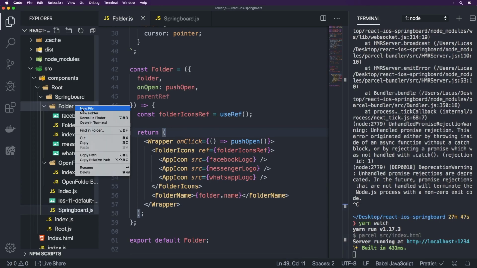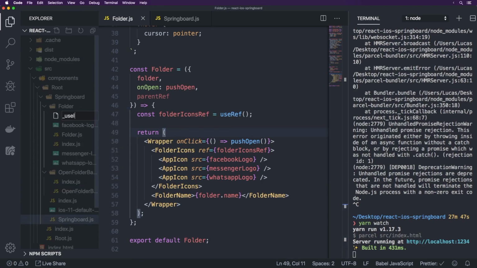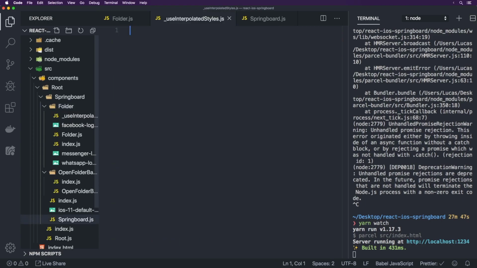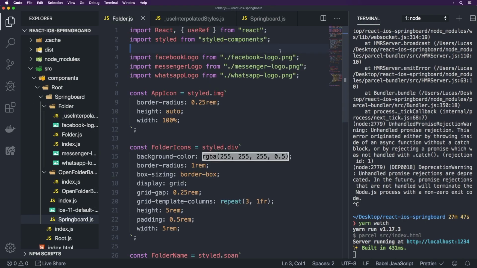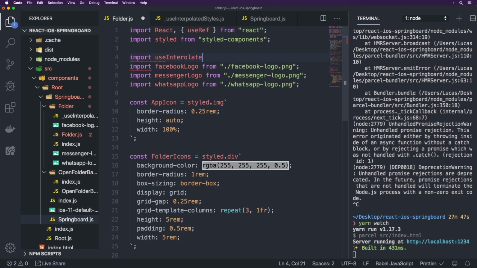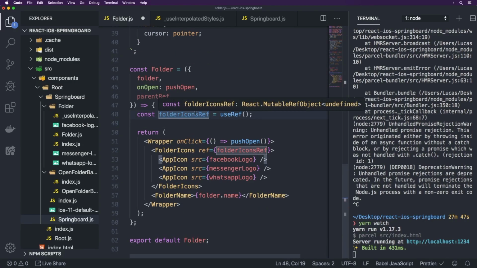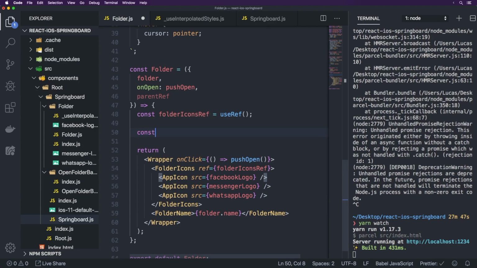So I'm going to go into folder, and I'm going to create a file called _useInterpolatedStyles.js, and I put an underscore so that it is basically different to component names, especially since macOS is case insensitive. So now here I'm going to do import useInterpolatedStyles from ./_useInterpolatedStyles like so. And I'm going to grab this name here. I'm going to go here, and this is the output that we're going to get from this hook here. So we're going to do const, and we are going to do folderIconsStyle in the destructuring equals